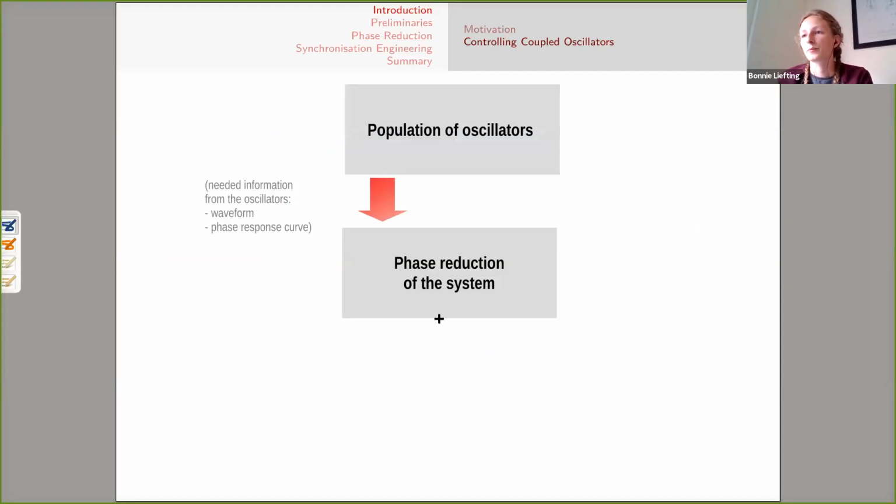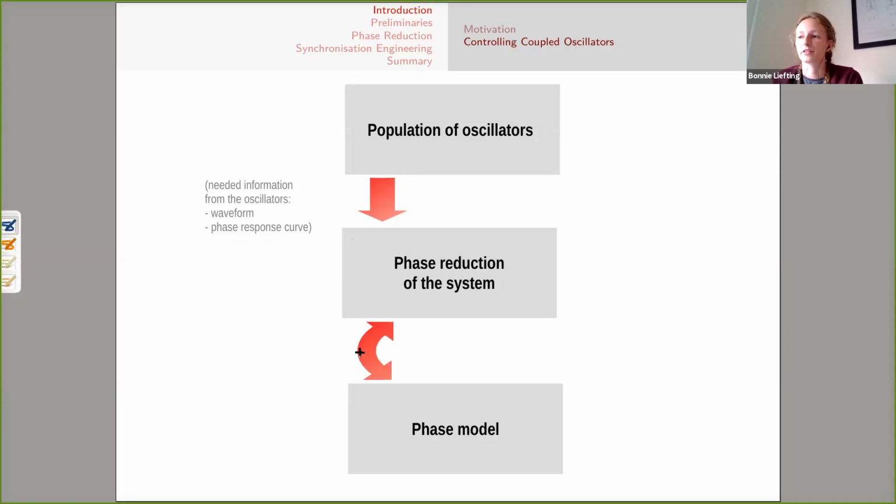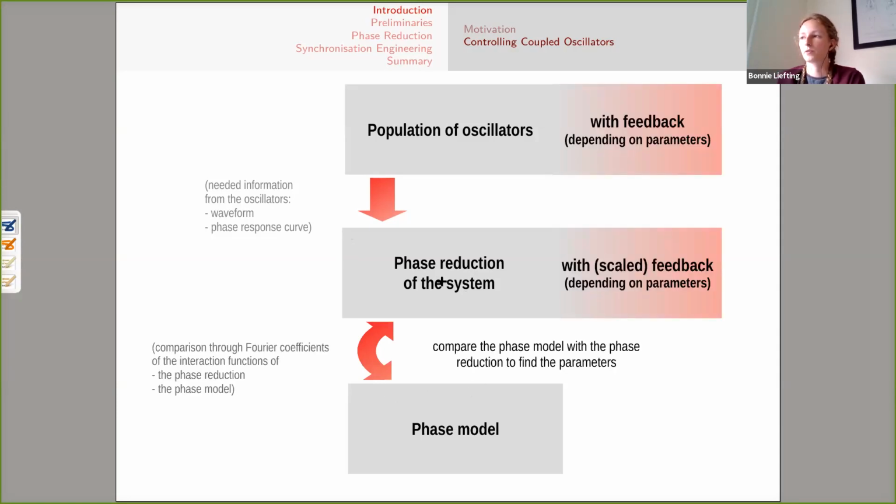So what we'll do is do something called phase reduction. And I'll just look at the scheme now, but I'll go into detail about what all of this means. And to do a phase reduction, we'll need some things, the waveform and phase response curve, which I'll explain later. And then we'll want to compare a phase reduction to something called a phase model. And we actually want to do that when we have applied feedback to a population of oscillators, which still depends on some parameters. And then we do the phase reduction when those parameters are also there,